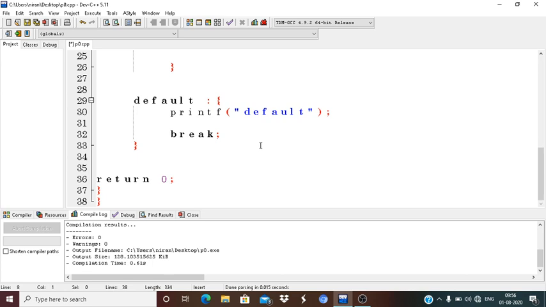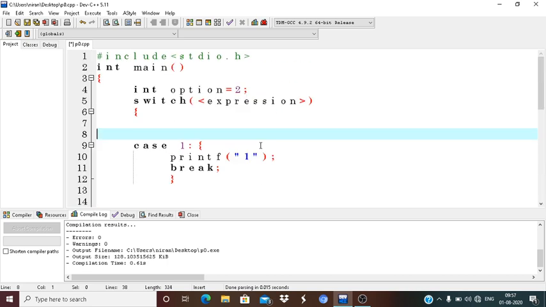But the default block is executed when none of the case labels matches with the value of the expression or variable.